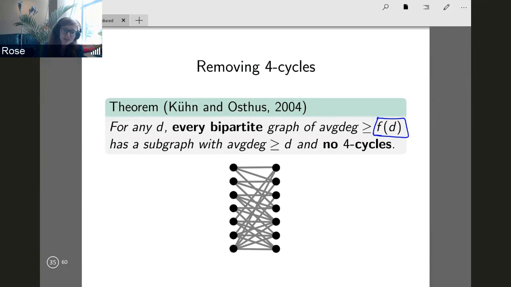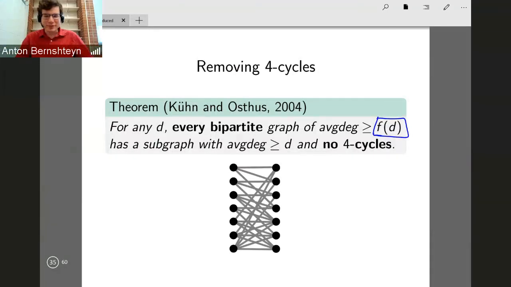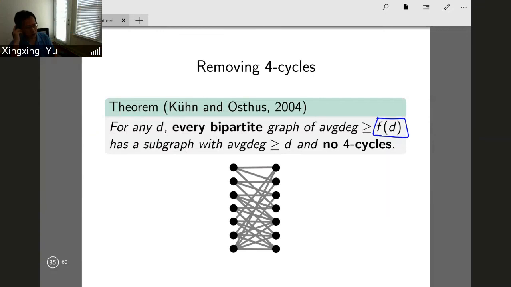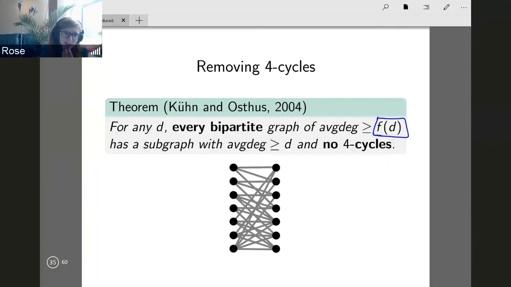Right. Are there any more questions? Rose, what's known on Thomassen's original conjecture? Is it true for any special class of graphs? I think there's one paper working on expanders that finds spanning subgraphs without 4-cycles, but I don't know of any other results for classes of graphs. I'm sure that there are some classes of graphs where it's easy, but I don't know of any actual paper that has that as the focus.